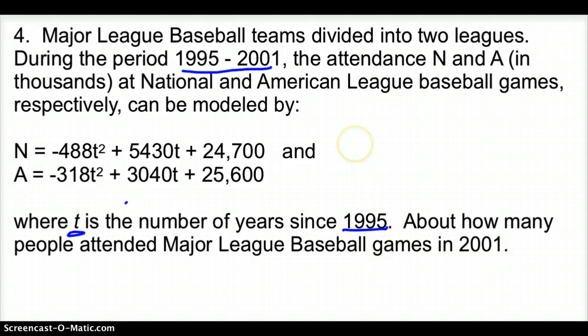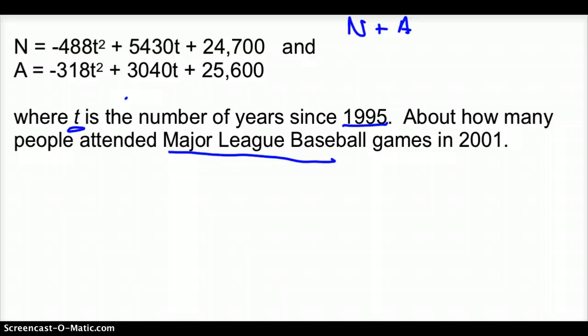Well, the first part we have to do is figure out how many people went to the baseball games, or actually Major League Baseball games, and Major League Baseball games are made up of the National, represented by N, and the American League. So the very first thing that we have to do is add those 2 together. So I'm going to add N plus A together, and N is going to be negative 488t squared plus 5430t plus